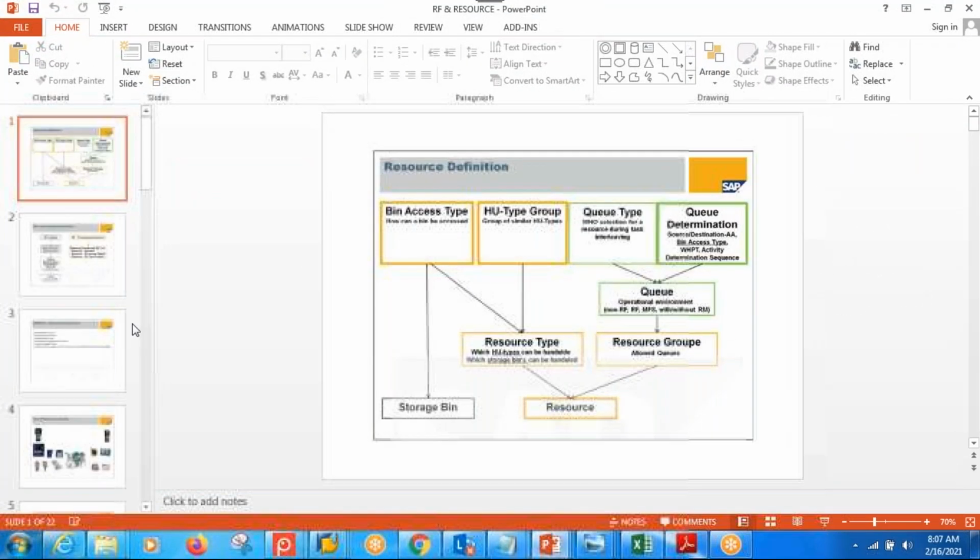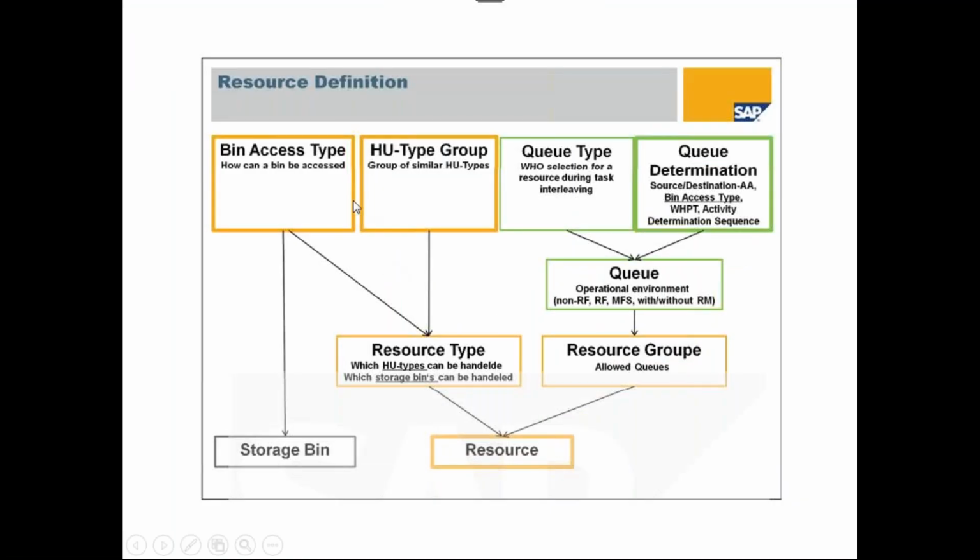We have the overall diagram. This is the diagram, sir. First, the green side you can see. Green color is the queue, and the queue type we will see tomorrow. Here, queues we can also control with queue types, task interleaving and so on. That I will show tomorrow. Coming to queue determination: source, destination, activity areas,